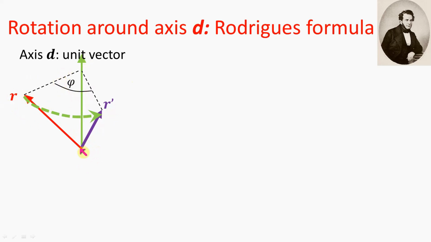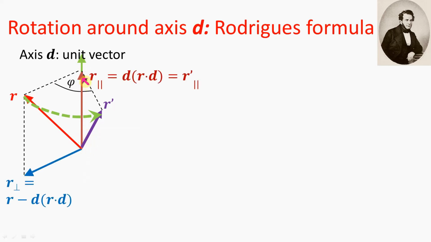The origin of the coordinate system is here. First of all, let us decompose position vector r into 2 components. One is parallel with axis d and the other is perpendicular to it. The parallel component can be obtained by projecting position vector r